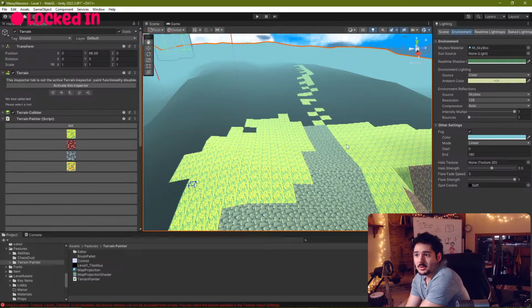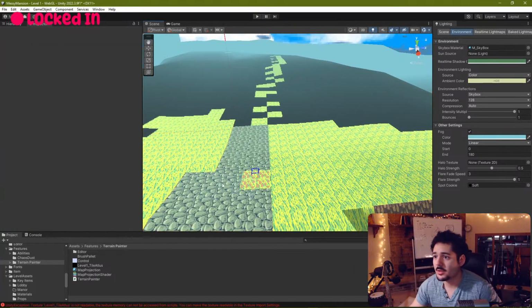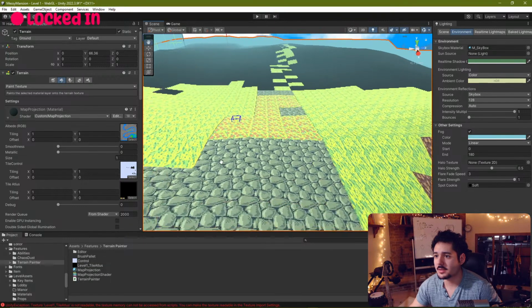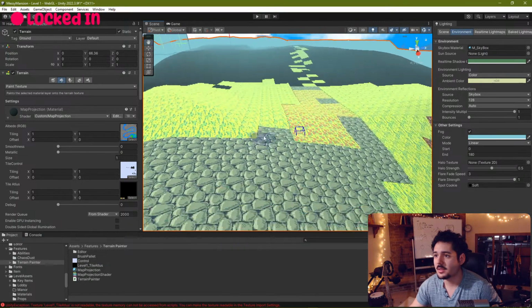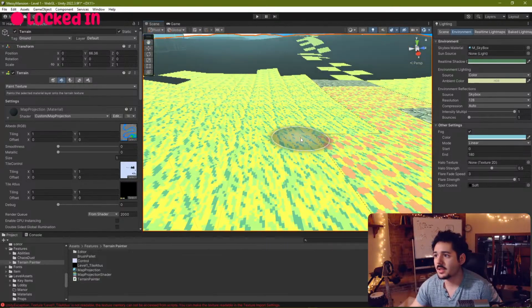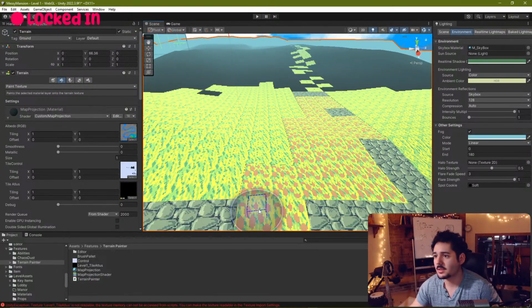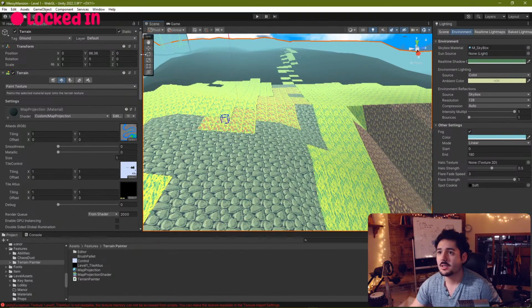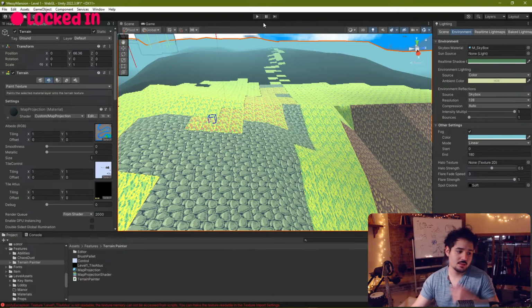Perfect. So now if I want to do a little dirt road, easy. Easy peasy lemon squeezy. There's a little issue there, but that's just a shader issue. That's not crazy. And now if you press play,